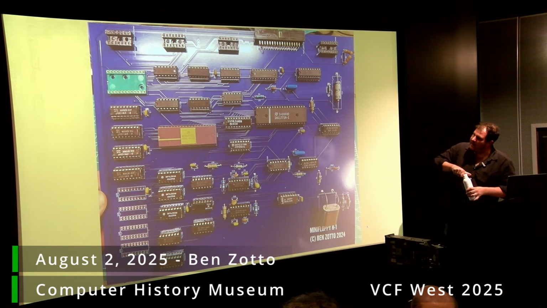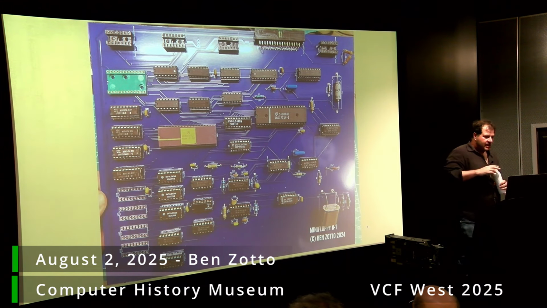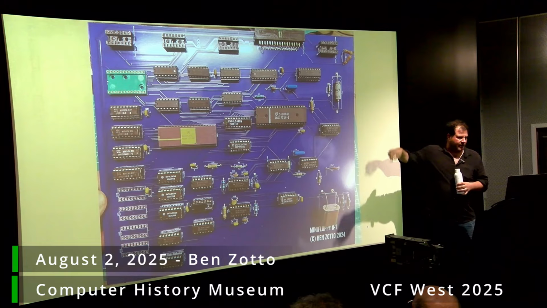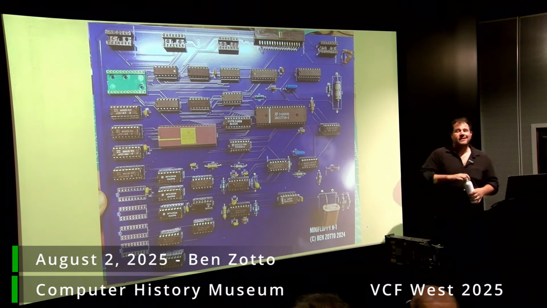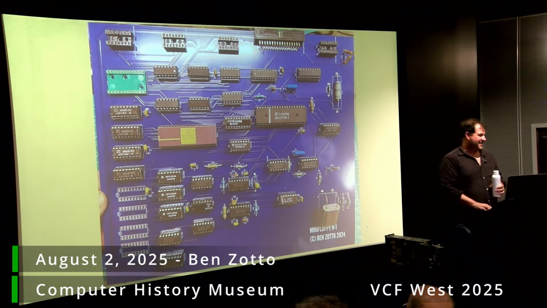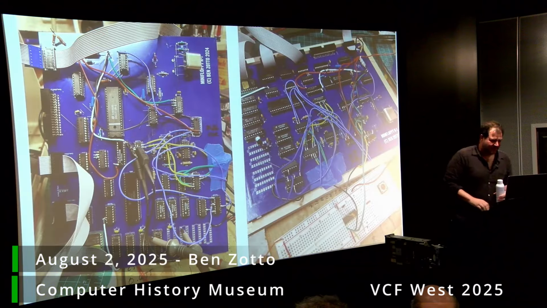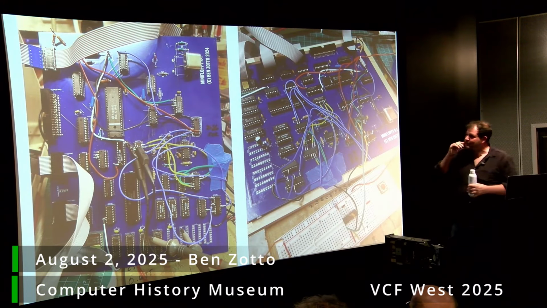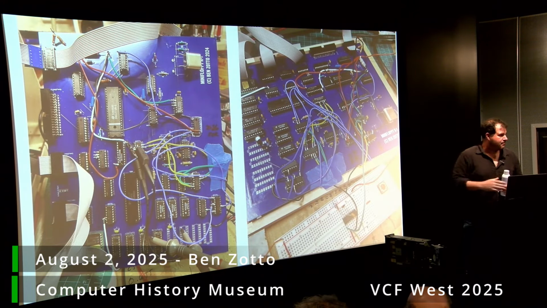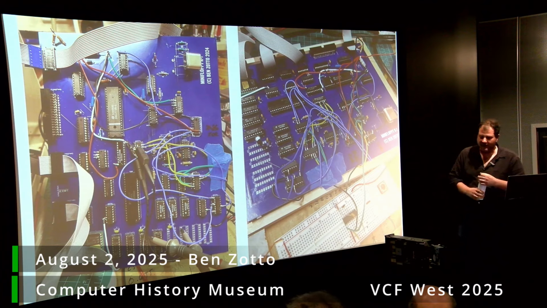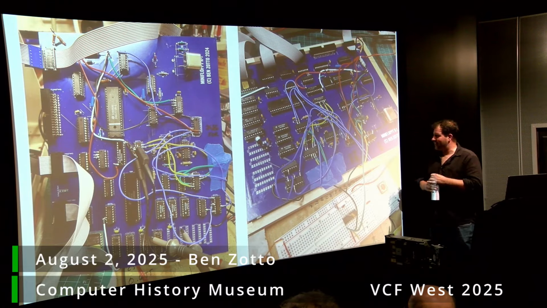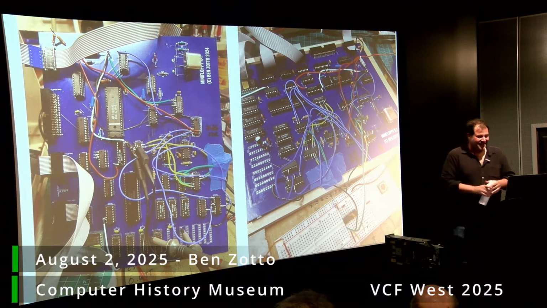Got a PIA there, the gold one, to help control the different modes. Got some RAM on the left. And I was like, I'm feeling pretty confident about this. I'm not an electrical engineer. And it didn't work, and it required some modifications to try to get it to work. After that I was like, well, the next version is going to work, right?